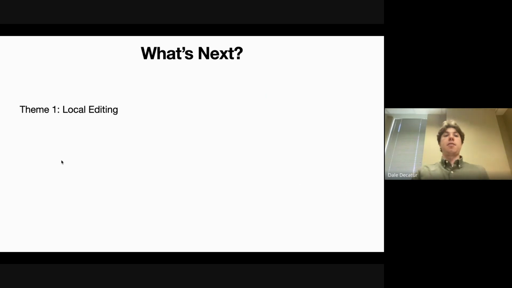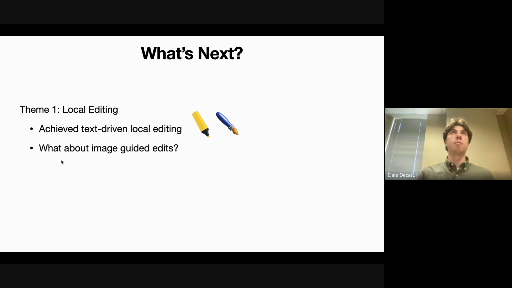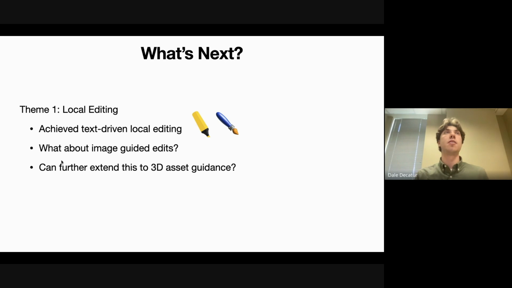So yeah, what's next? One of the themes throughout this talk has been local editing. So we've shown how we can do text-driven local editing with highlighter and paintbrush. But what about image-guided edits? Like maybe you have some image that describes something that you want to make. And oftentimes images can be more descriptive than text even, right? An image is worth 1,000 words. That's the saying. So how can we use images to guide these local edits? And then also, can we extend this to 3D assets as well? Because even images have some ambiguity. You don't know what the back of the object might look like in an image. So if you have an explicit 3D asset, then maybe this can give you a more concrete thing to guide